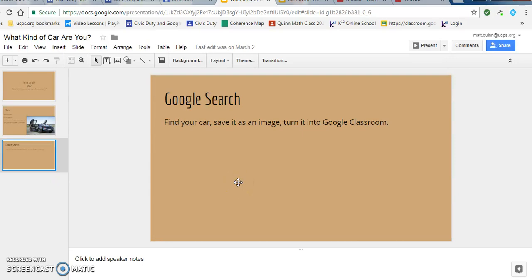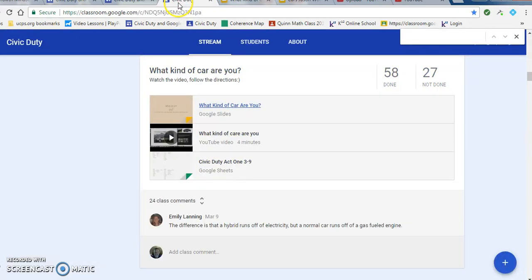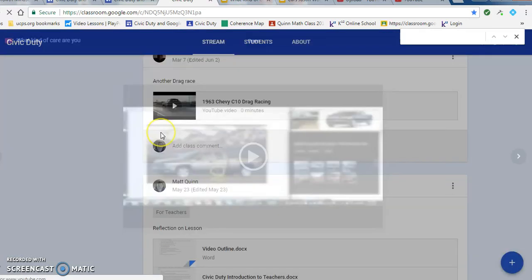So at this point, I turn them loose. I say, go find your car, save it as an image, and turn it into Google Classroom. All my students know how to do this. They're pretty tech savvy. So let's go back. And then I get a bunch of them turning them in. And then I think I put a question out there as to what's the difference. And I also created a video